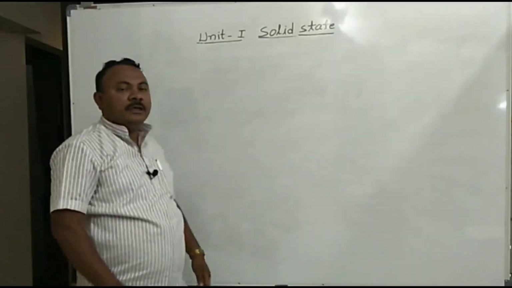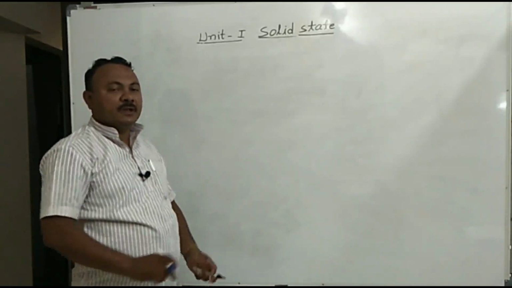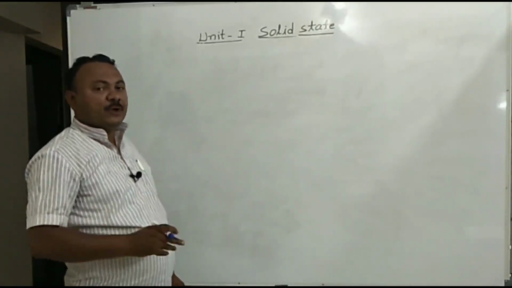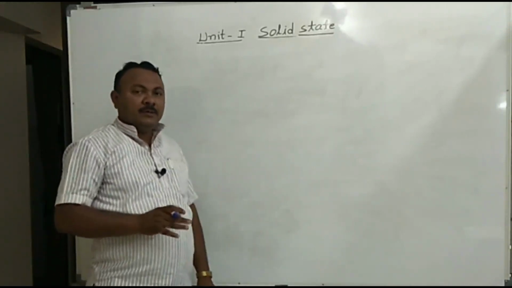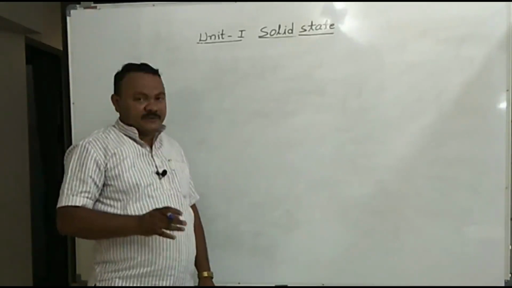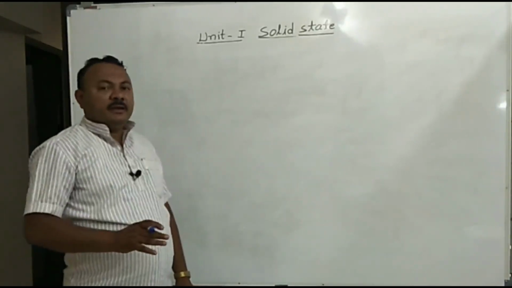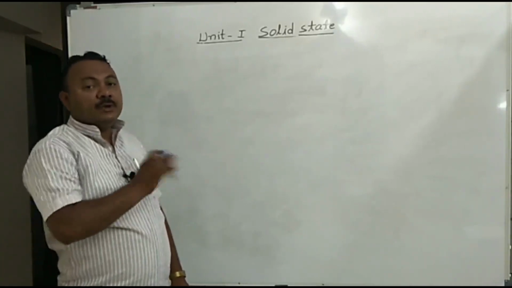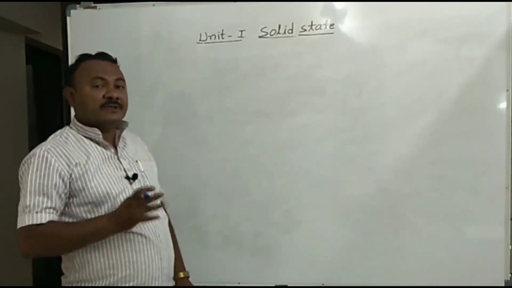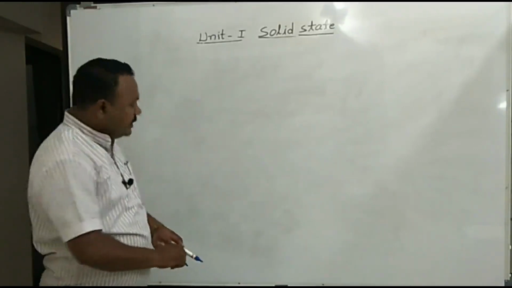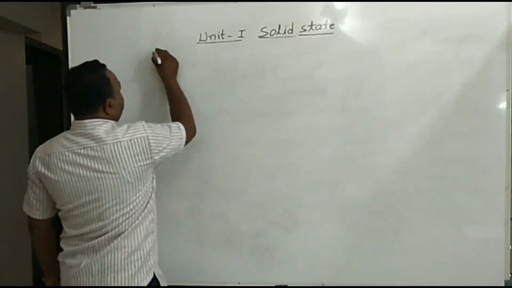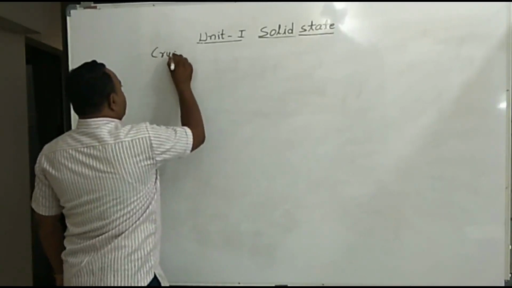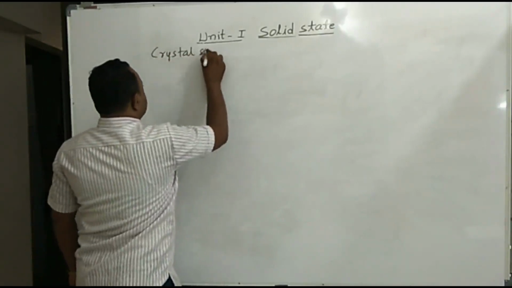Okay, after learning 6 parameters of unit cell, we are going to concentrate next on another important part which is very important for competitive exams. Repeatedly, every year we are going to see questions related to the part we are now learning with respect to crystalline solids. So we are going to learn mainly on crystal systems.